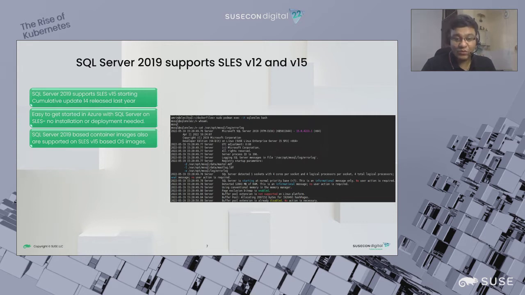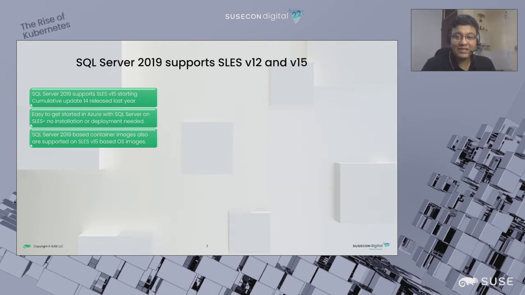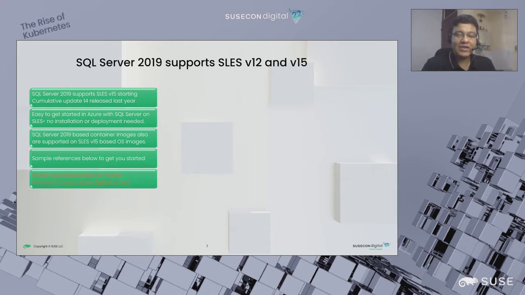Now, the question you might have for us is, how do I get started with this image? And the answer is that we have some sample references that have been updated lately. In these sample references, you can see how to get started with a custom container image on SLES-15, as well as a custom container image for OpenSUSE. So you have both these references available that you can refer to and create your own custom script, which will give you a supported solution for SQL Server.